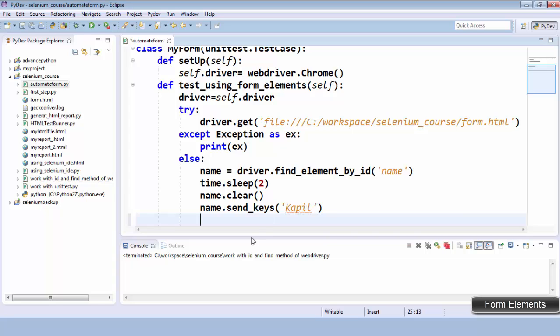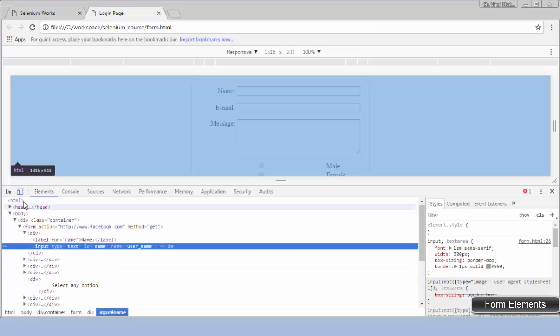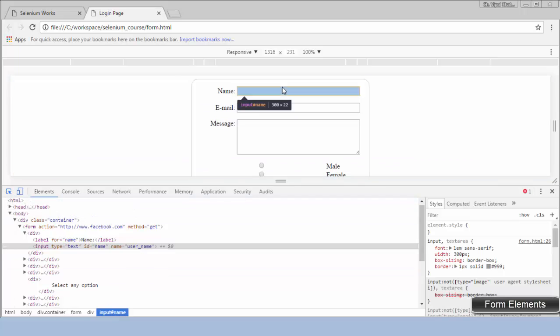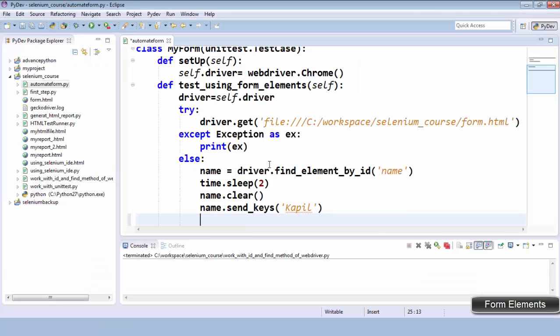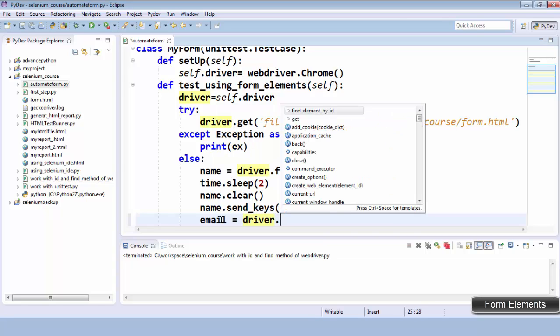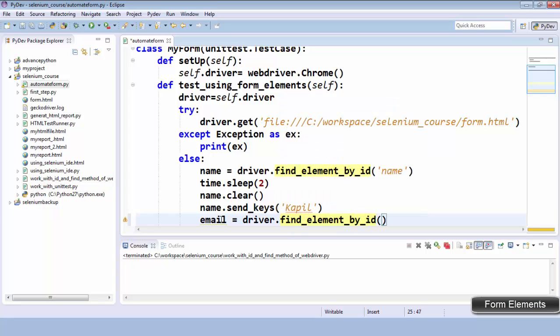Now the second element is, if I hover on it, this is email, and if I'm seeing here, this is also an input, type is email, and ID is mail, and name is also user mail. So you can use ID, even name, both you can use. So here one of them you can use. email equals driver.find_element_by_id. So ID is email,